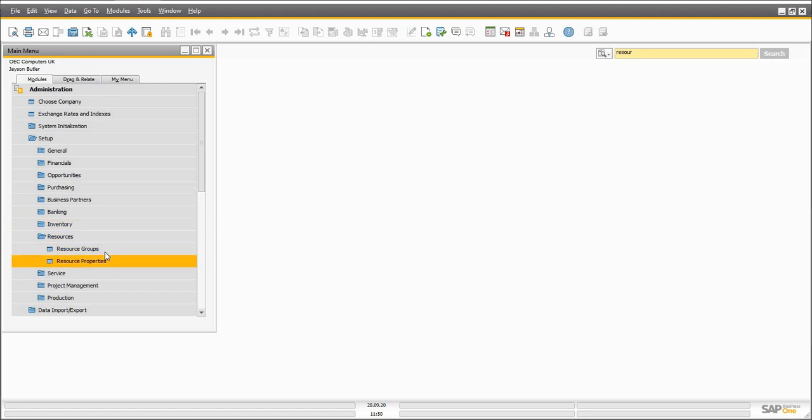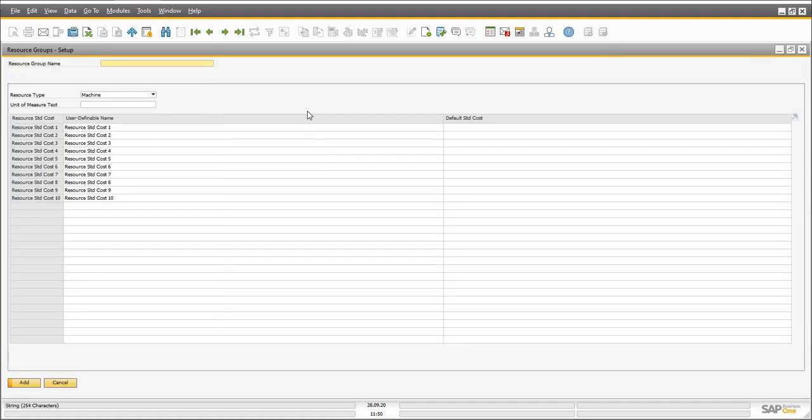Inside the resources, I'm going to create some resources. So let's say I'm creating a resource as my machine. Let's say I have my labeling machine. So resource type is machine, and resource unit of measurement I will go with per hour. Here I'm selecting my template as a user defined name. The standard cost should be like, let's say,